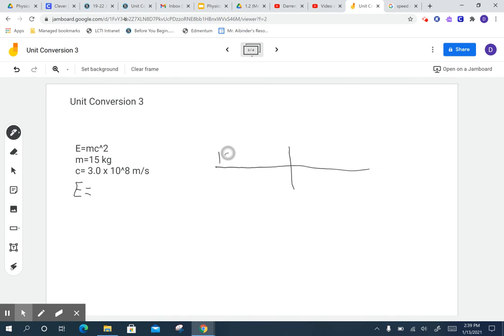So 15 kilograms, and then it's C squared, so C twice, so 3.0 times 10 to the 8th meters per second, and then another one. There's a different way to do this, but I'm just being very, very explicit here. 3 times 10 to the 8th meters per second. Okay, so what that is, 15 times 3, just 45 times 3. So 9 times 15, 90, and 45 is 135. So 135